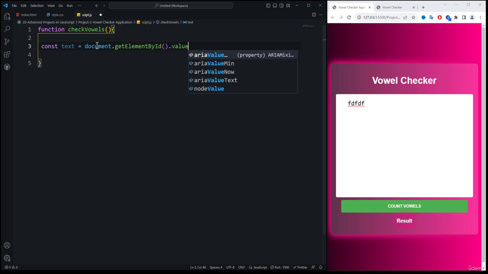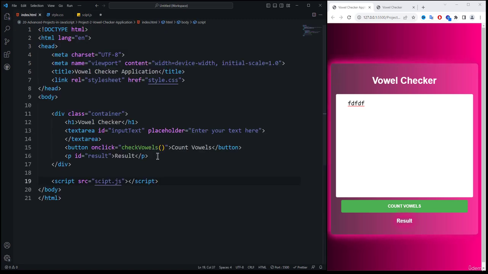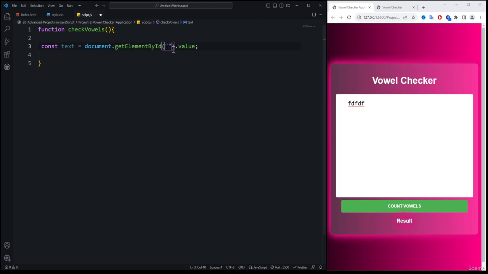because if we just simply didn't use a value here, then we are getting the tag name. So here I'm going to specify the id. The id of the text area is input text. Okay, so we are getting the element by id, and after that,